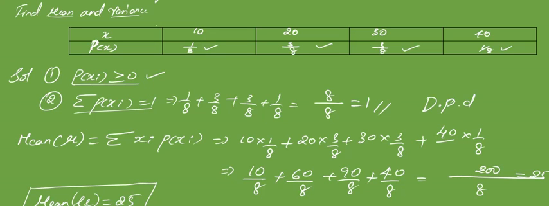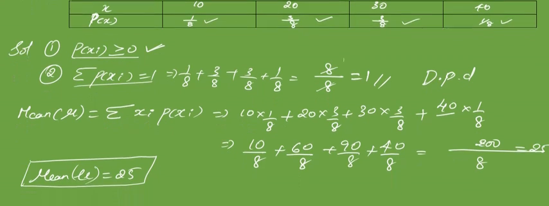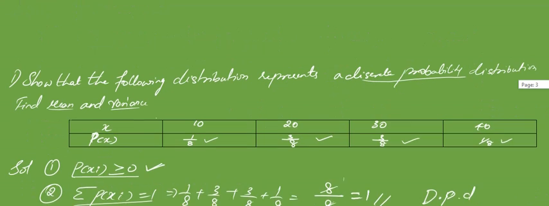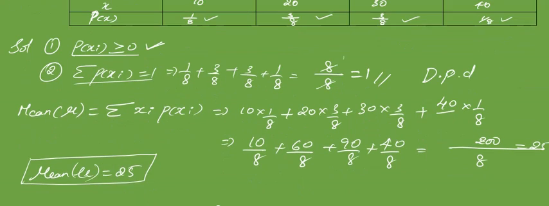So when you see the probability of xi, 1 by 8, 3 by 8, 3 by 8 and 1 by 8, all give a positive value which is greater than 0. If it is equal to 0 also, it's fine. So first condition is satisfied. To check the second condition, you need to add all the values of p of x. That is 1 by 8 plus 3 by 8 plus 3 by 8 plus 1 by 8. So when you add up, the total numerator is 8 and denominator is 8, so the result is equal to 1. Since these two conditions are satisfied, yes, the given table is a discrete probability distribution. Why we say discrete? Because the events happen separately in a discrete distribution. That means there is a break between one event to another event, right?